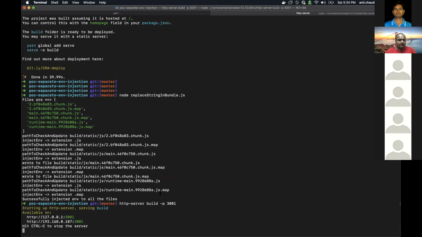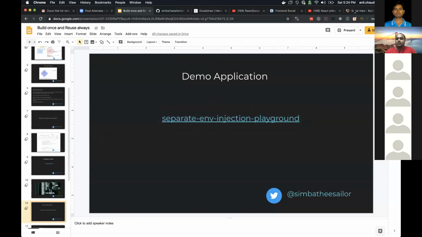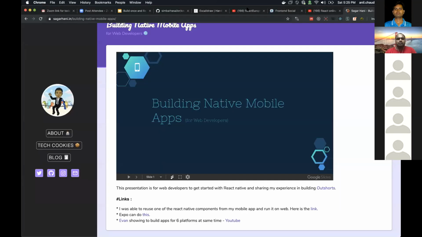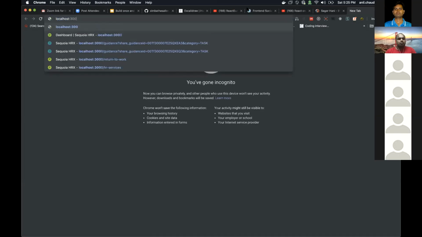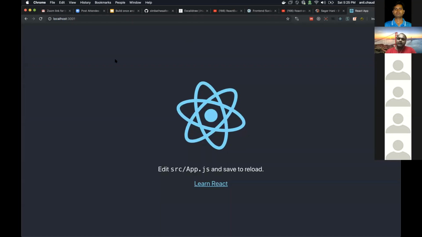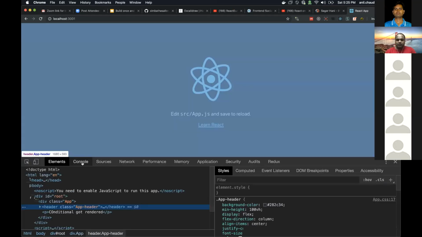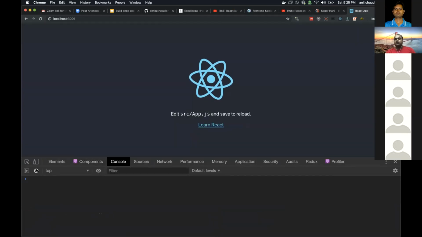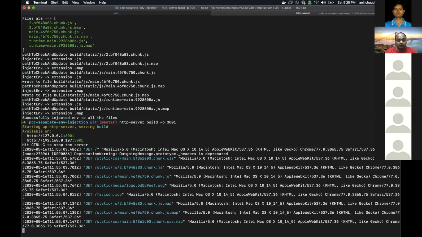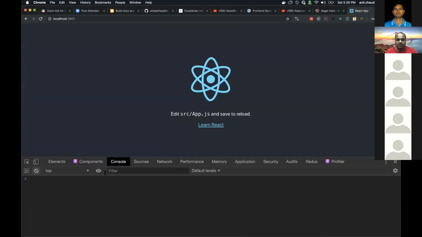Running this, and yeah, it works. So that's how it can be done in two phases. The second phase just did the dependency injection, so that the same build can be used for various environments.